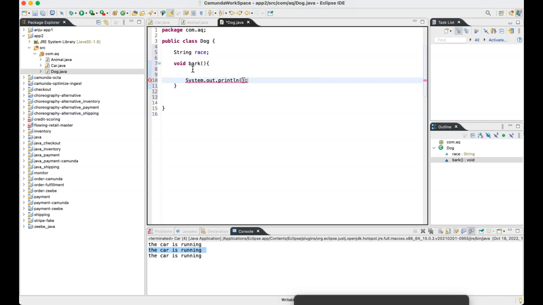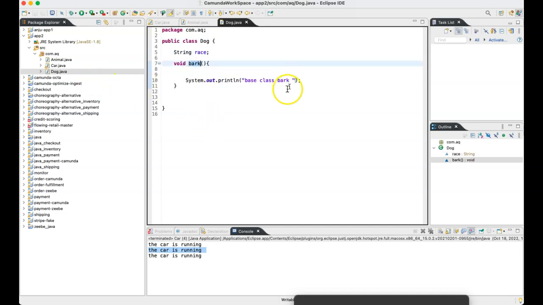Irrespective of which race you go to, it has to do this activity. It has to bark. Original, or I can call it base class bark. Perfect. So we are able to create another class called dog. It has race and it can bark, right?